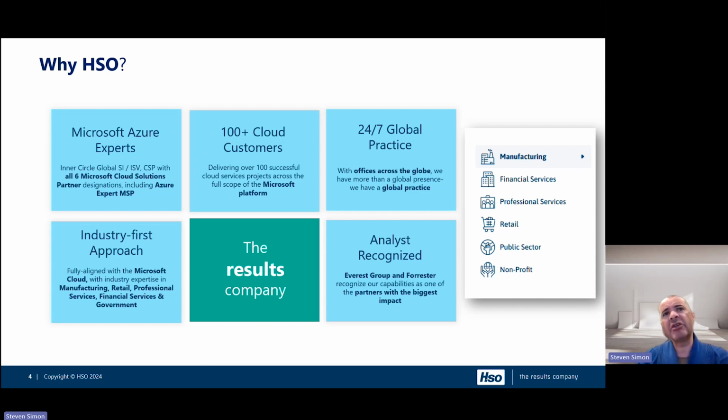We're very industry focused, as the slide says on the right hand side. So we don't just do the technology. Why we're recognized by the analysts, Everest, Forrester, etc., is because we have not just industry specializations in the projects we've done. We also build a lot of accelerators on the technology, but also for the individual sectors in which we work within.